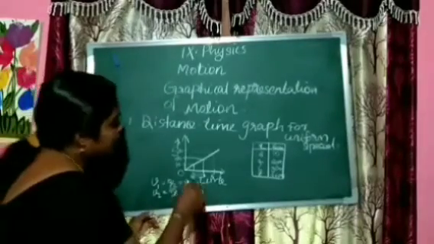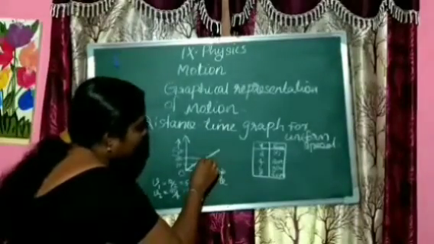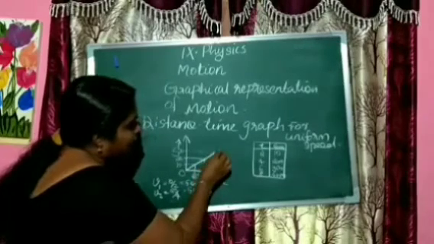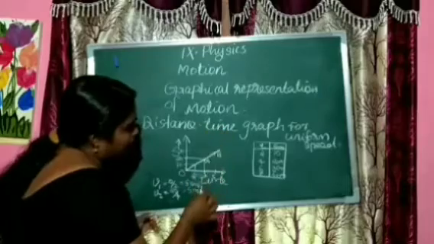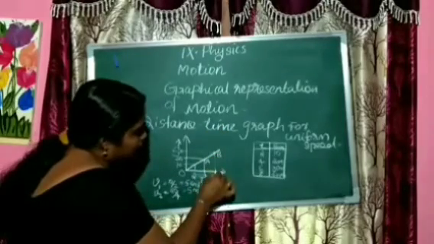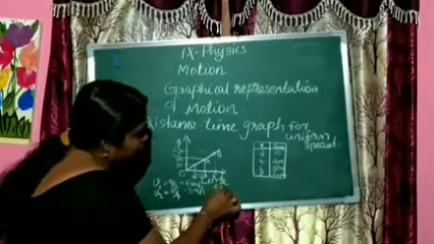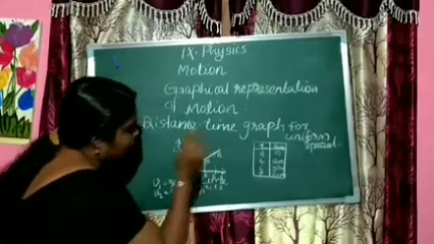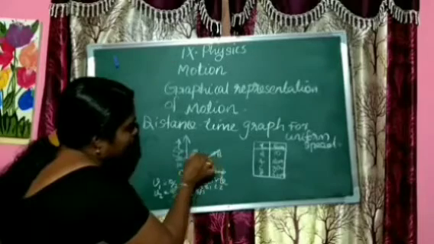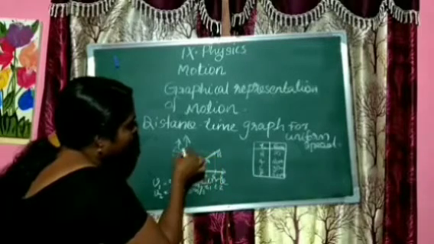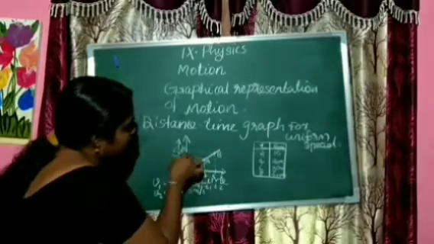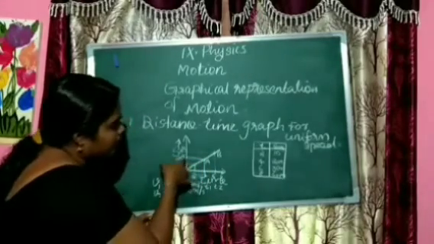So let us consider 2 points A and B on the graph. This is the point A and this is the point B. Okay, and we can mark the corresponding time interval: here it is T2 and here it is T1. Then the corresponding distance of the point here is S2, and for A it is S1. S1 is the corresponding distance.